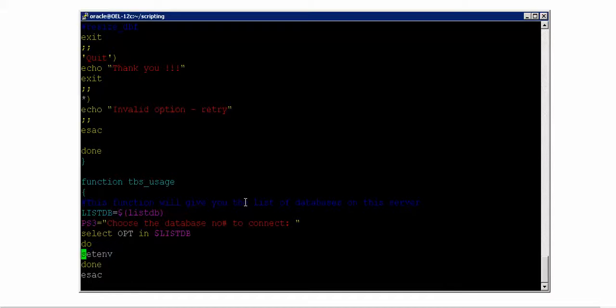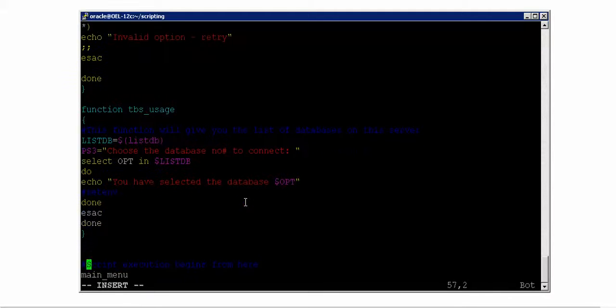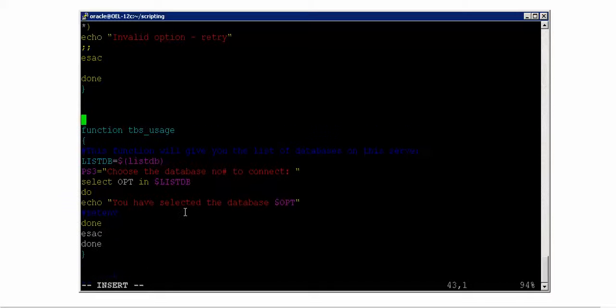I should say echo you have selected the database $opt. That's what I will be saying to the user, and then I'll be setting up the environment variables. So until now I wanted to test it, but for that I should definitely have a function called list_db already created, right? So now let me create another function here on the top with function name